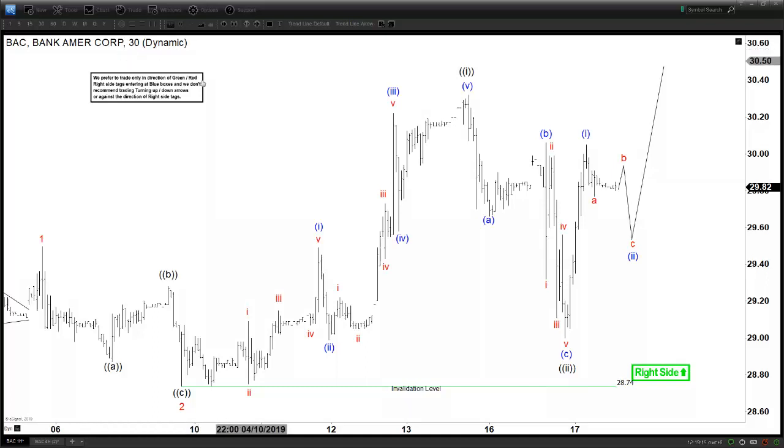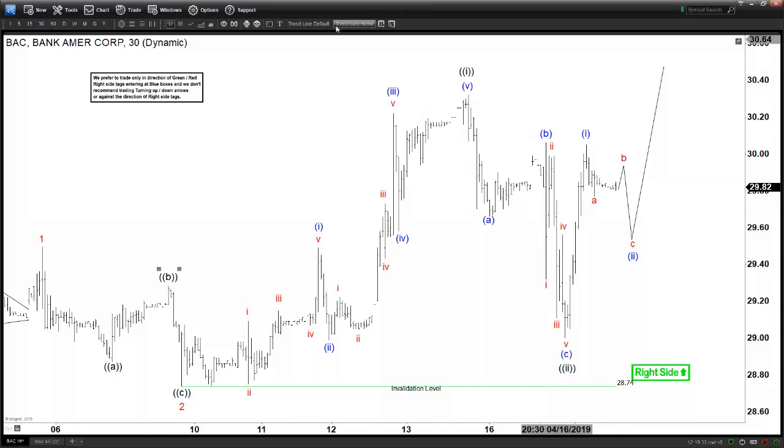So for today we will be looking at the chart of the Bank of America. This is a 30 minutes chart and we can see right here this is a 1-2-1-2, so it's an impulse. We are within this wave 3 in the red in the Bank of America. This rally ended with 1, this pullback here as a zigzag ended with 2, and then now we